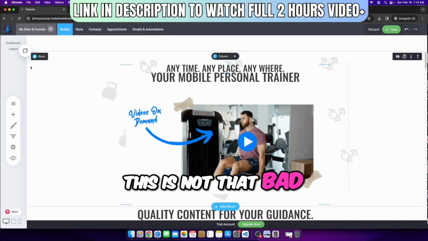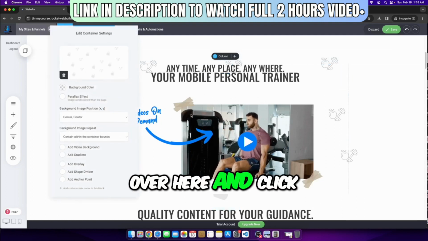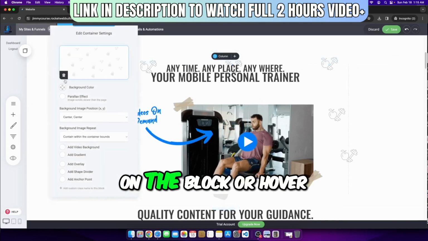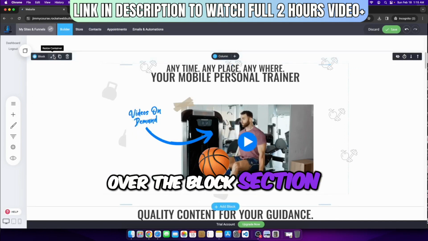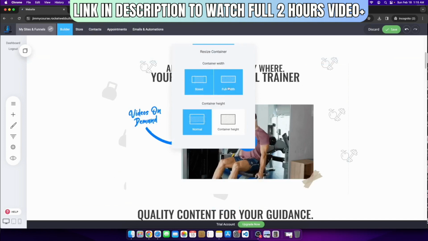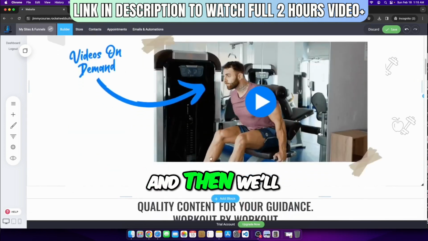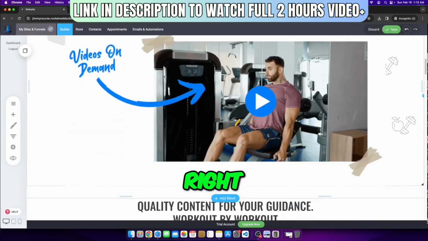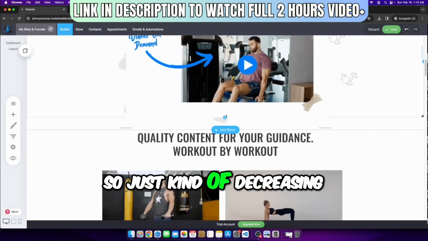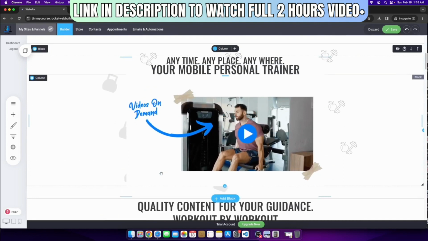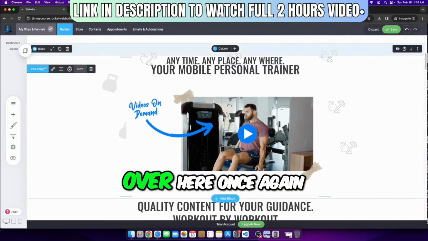This is not that bad. I'm going to go over here and hover over the block section. Resize the container. We'll go with full width. Let's see how that looks. And then we'll make this video smaller. So just decreasing it like this, which is not too bad. We'll go over here